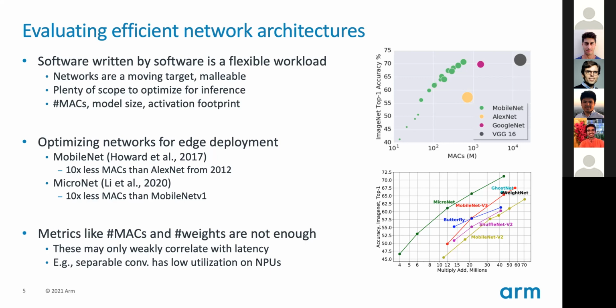We can design them to meet certain constraints. We can play with their shapes and sizes. So there's lots of scope to optimize for inference deployment, which is great for us. And we can do things like optimize the number of MACs and the model size and the activation footprint. And this has become a strong area of research in machine learning venues, and actually we've made, I think, quite